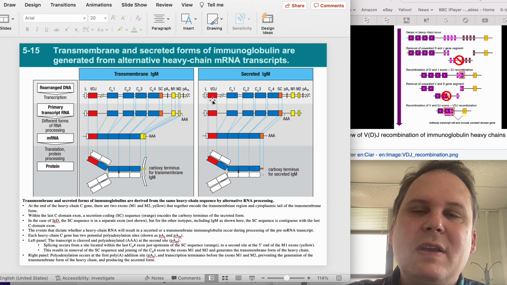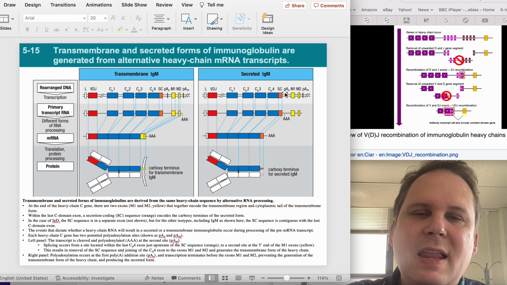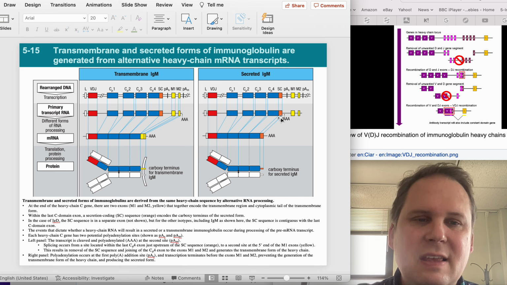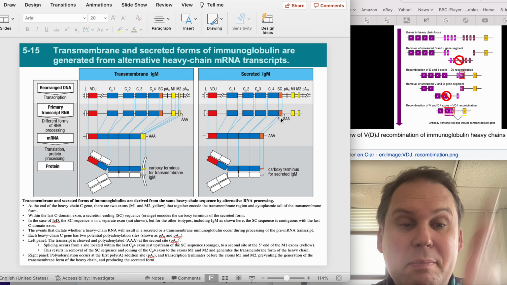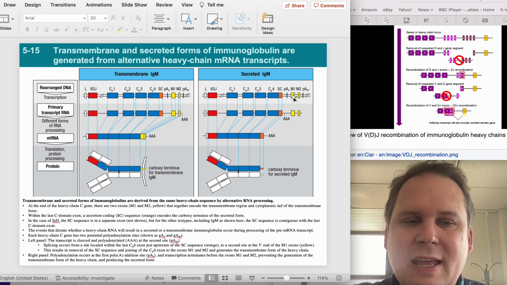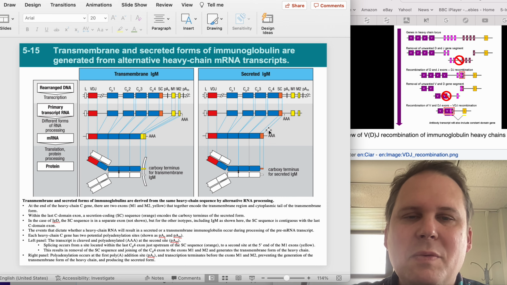If we're going to make the secreted IgM, it joins up these regions, and it puts this little SC region at the end. That's the soluble C terminus, and that basically just stops the antibody, truncates it. And so it's at the level of mRNA splicing that we're going to determine whether we make a secreted soluble IgM,